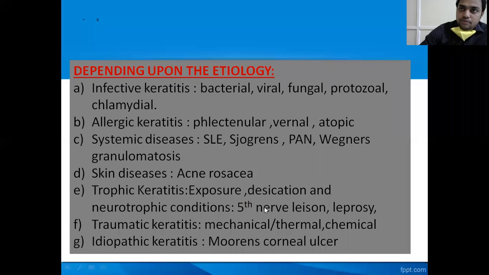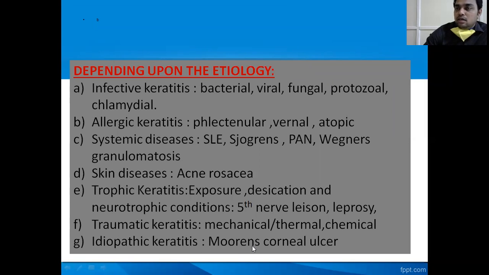Suppose there is damage to the facial nerve, we see exposure keratopathy because of the incomplete closure of the eyelids. There is a continuous exposure of the cornea to the outer layers. It leads to exposure keratitis. And in case of fifth nerve lesions, that is, if there is any damage to the trigeminal nerve, there is a loss of sensation of the cornea, and it finally leads to drying and desiccation of the cornea. So these are the examples of trophic keratitis, where there is damage to the nerve supply of the eyelids or cornea. And if the causative reason is trauma, we call it traumatic keratitis.